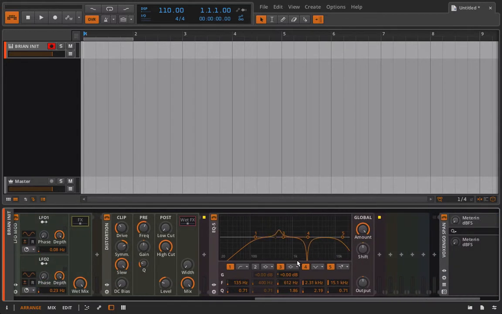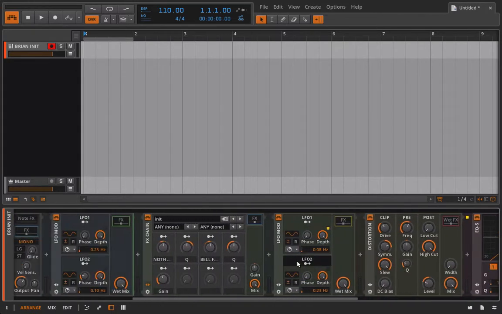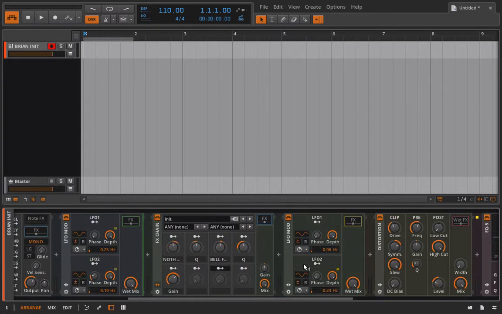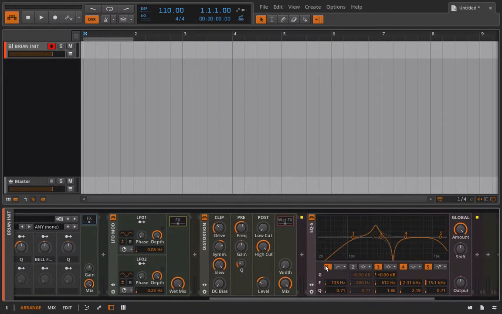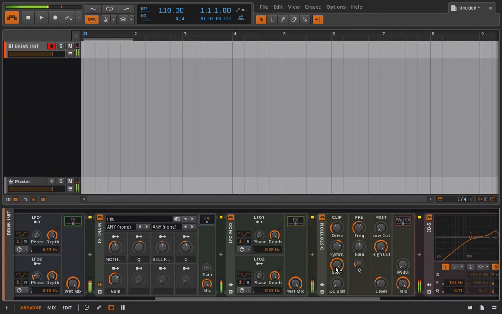Okay, and now if we look at what we have happening in the filter, obviously quite a bit of action in there. I'm going to turn the gain up to start. And which LFO did I use to up this frequency? I'm going to turn this frequency up a little more. And now if we play this back,